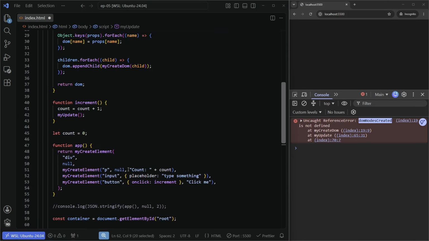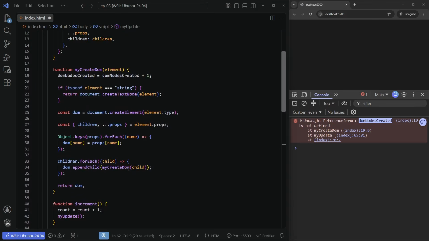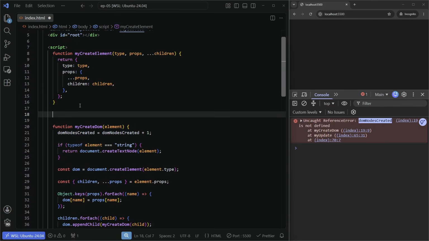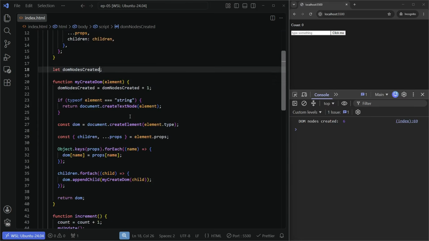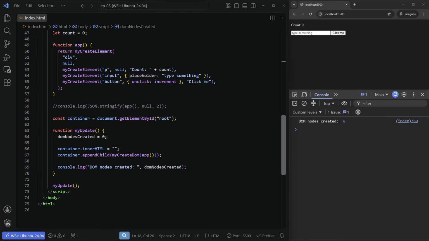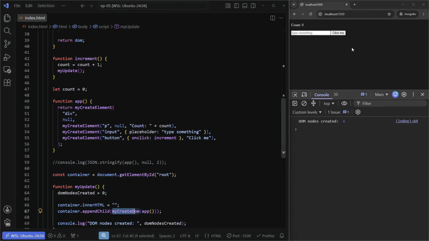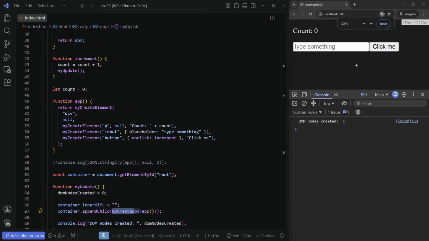Let me declare it here. We could even do it like this, no? Yeah, it's the same. We declare it first, so it's like global. Then we assign the 0. Then when we call myCreateDom, it increments it every time. So here it is. Our counter works,